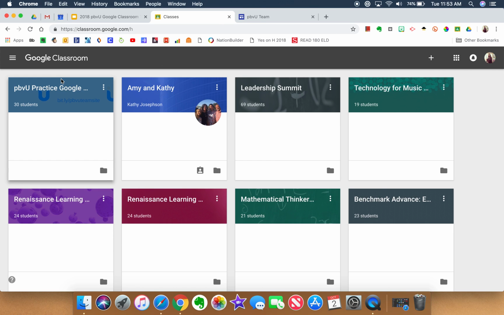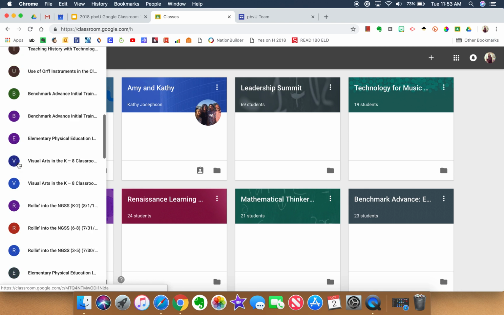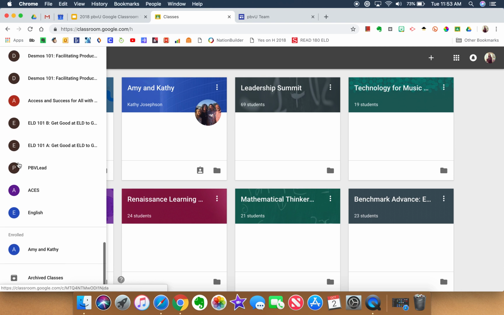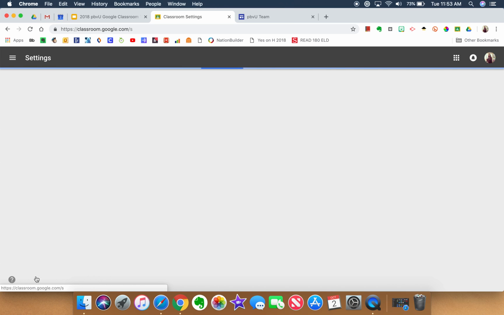home page right here. I think one other thing that would be good to show is when you click on these three lines, it takes you to your calendar. It shows you all of your Google classes that you've created. Again, I have a ton. And one other really important thing is if you go all the way to the bottom and go to settings,